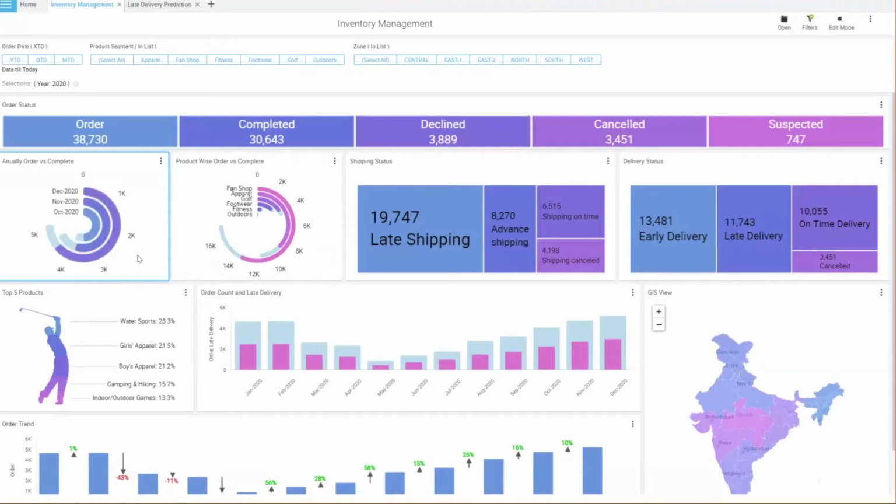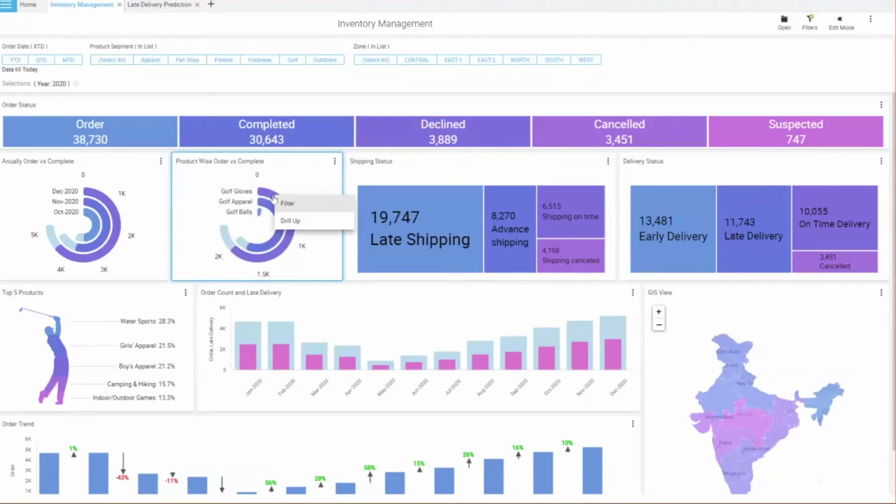And in this, I wanted to see another versus analysis product-wise as well, which is order versus complete again. When I hover my mouse over any of these product categories, I can see fan shop, apparel, golf, footwear, fitness and outdoors. Let me say I want to see a particular category, which is golf. Intellicus dashboards, or the OLAP dashboards, are interactive, and at the same time you can go down from summary level to a more granular level. So now we have the product category golf, and I went to a granular level which is the lowest hierarchy in this particular set, which is product name.